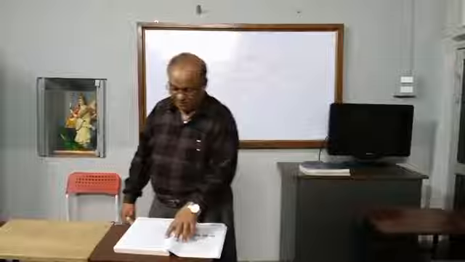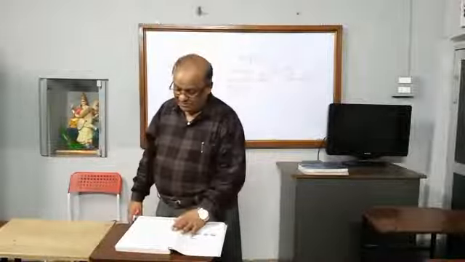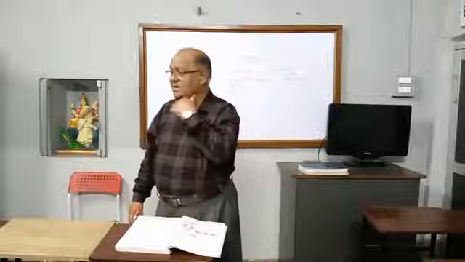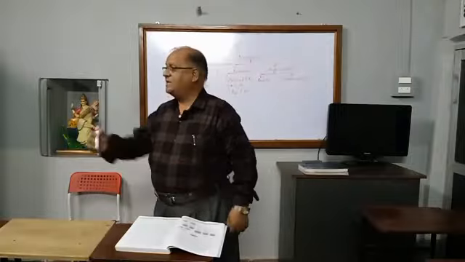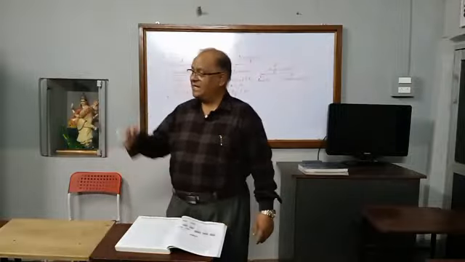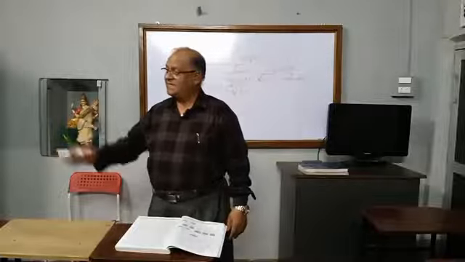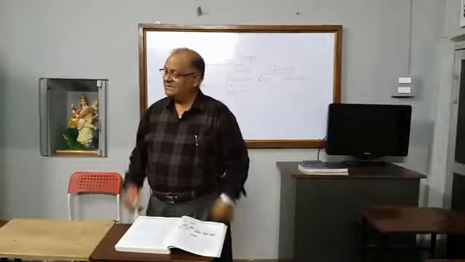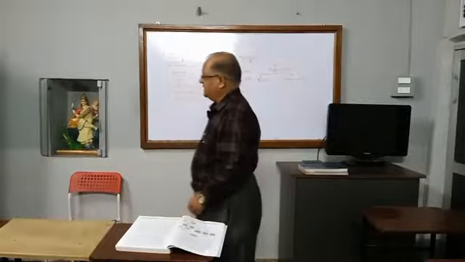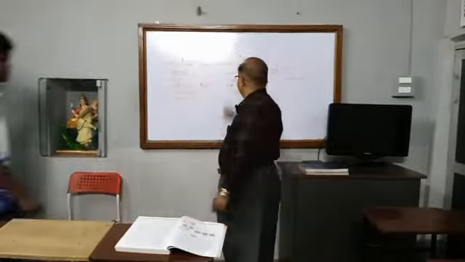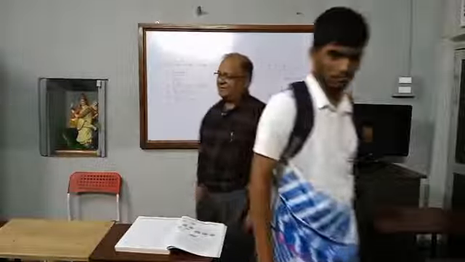Then the third categorization, representative personal account. What is the meaning of representative? These accounts represent a certain person or a group of persons, dealing with accounts relating to outstanding things. There are some pending things, for example outstanding salaries, which we have to pay, and prepaid salary, salary paid in advance. So it acts as a person. It is called a representative personal account. So these are called the representative accounts.